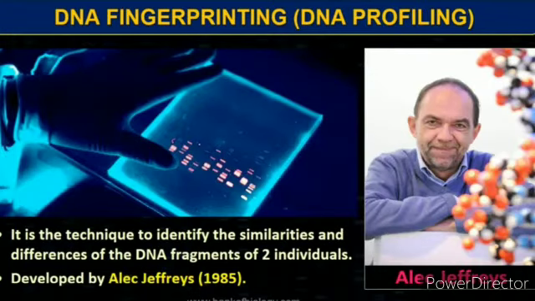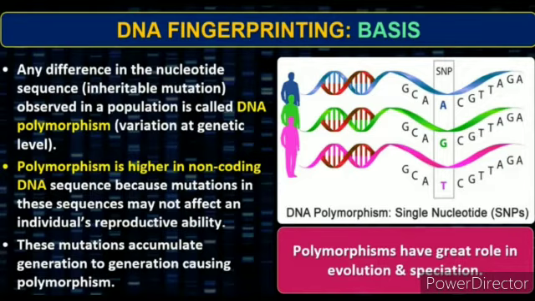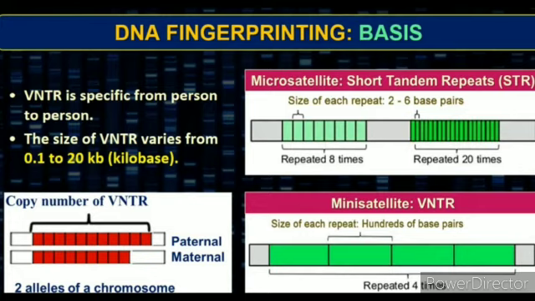The technique of DNA fingerprinting was developed by Alec Jeffreys. As I already told, he used a satellite DNA as a probe that shows a very high degree of polymorphism, called variable number of tandem repeats, or VNTR. The technique used earlier involved Southern blotting hybridization using radio-labeled VNTR as a probe.